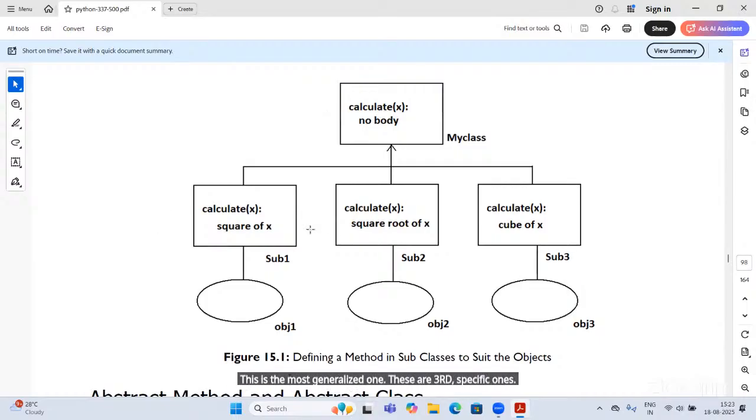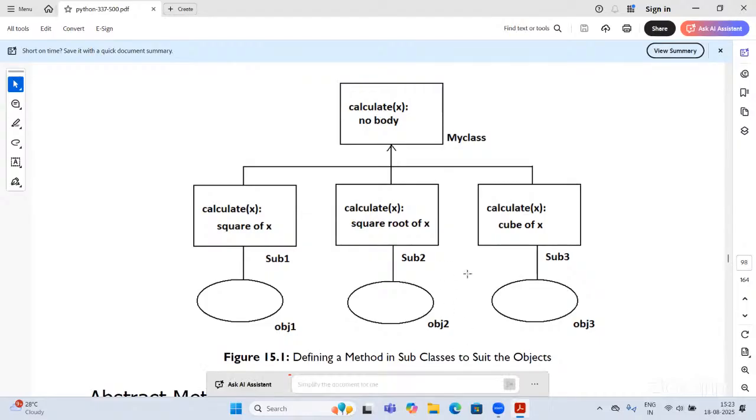Specific means square, square root, cube. Finished?